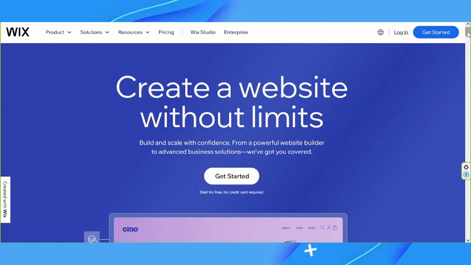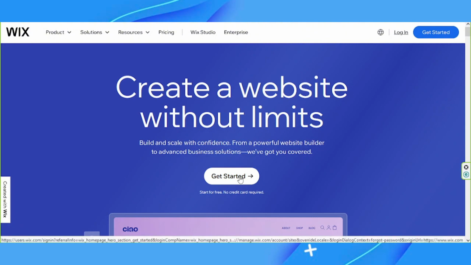Today we're going to talk about how to create an AI-generated Wix website here on Wix. So let's get started. The first thing that you need to do is go to Wix.com. Sign up first, so click on Get Started